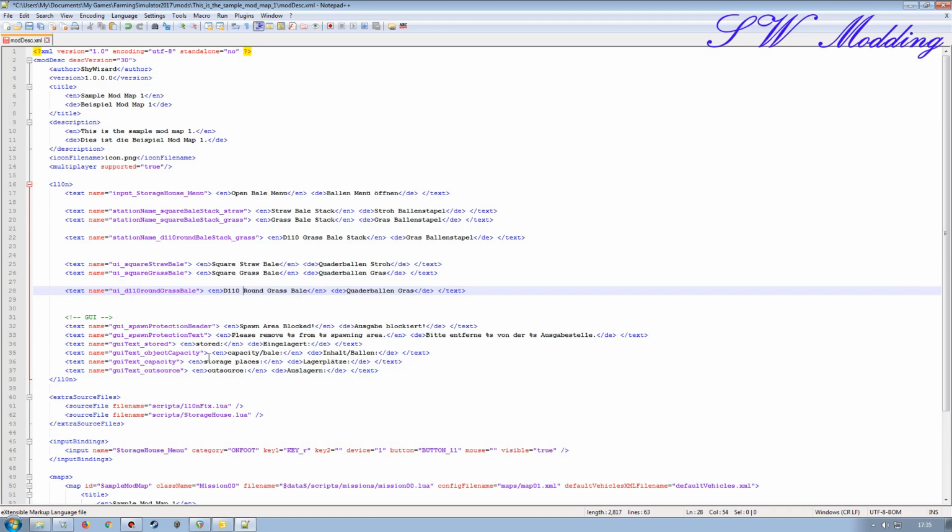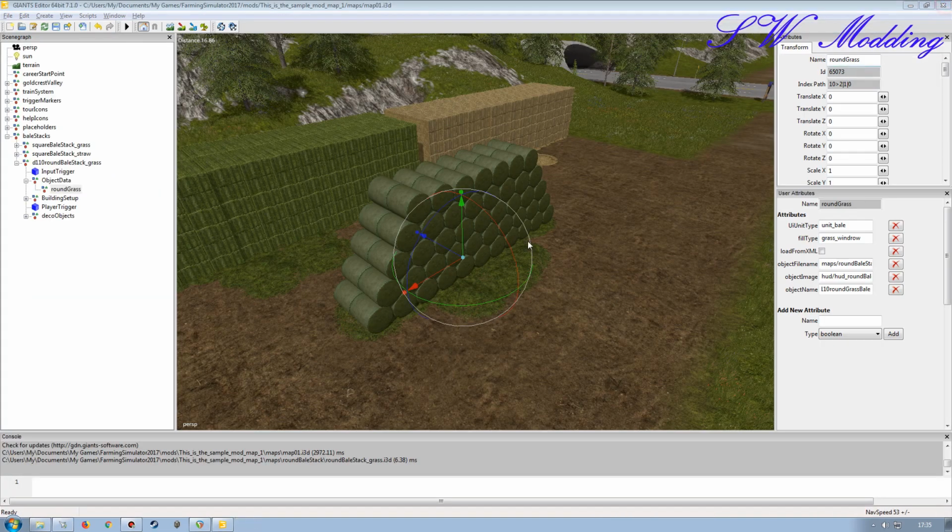Everything else there doesn't need to be messed around with because the GUI is all generic for every building model. The input storage house menu and everything else, all of that is set up as it should be, so we should be pretty good there. So I'm going to save all of that, close that down, and